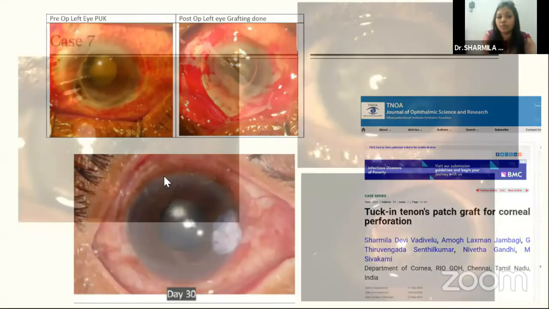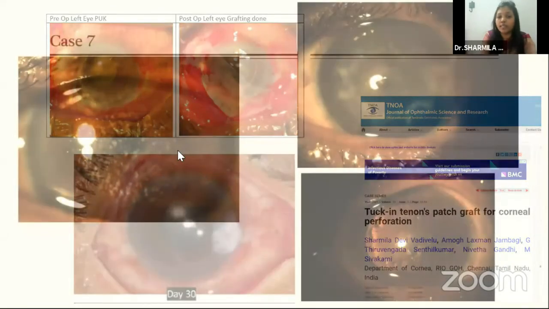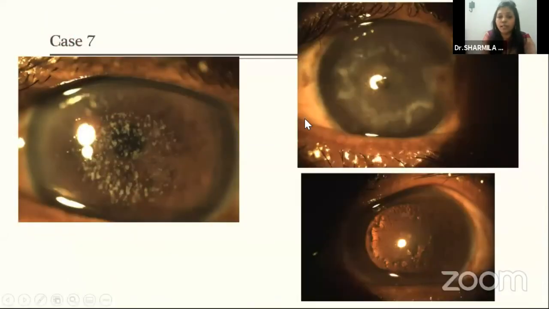Case 7, I think Dr. Prafulla showed a lot of corneal dystrophies as well, where lamellar surgeries are being done. These are all stromal dystrophies. You can see here breadcrumb-like deposits in the center of the cornea. So you have to see the periphery of the cornea. Sometimes you can even have a lamellar transplant.